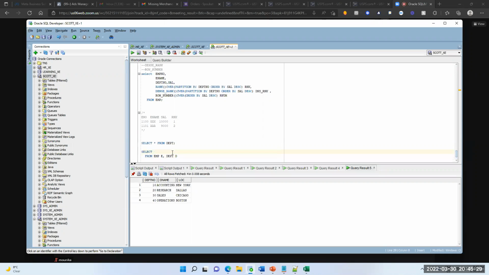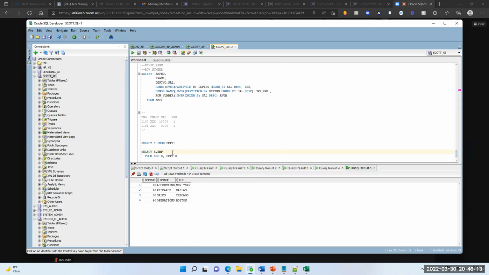Okay. Now, what are the columns we want? From the employee table, what columns do we need? From the department table, what columns do we need? That we have to understand first. In the requirement, I want employee number, employee name, salary, and department name. Maybe you can have department number also. Employee number, which table do we have it in? Employee table. So what is the reference of the employee table? E is the reference, right? This alias we gave.